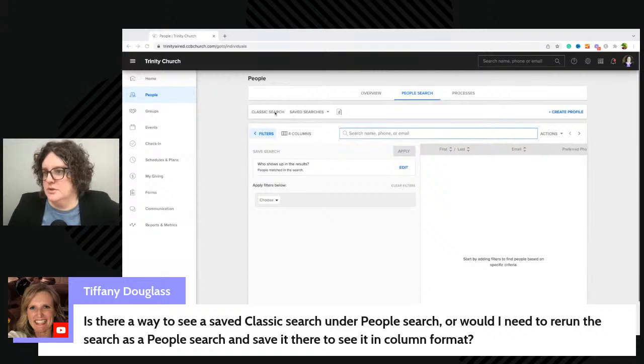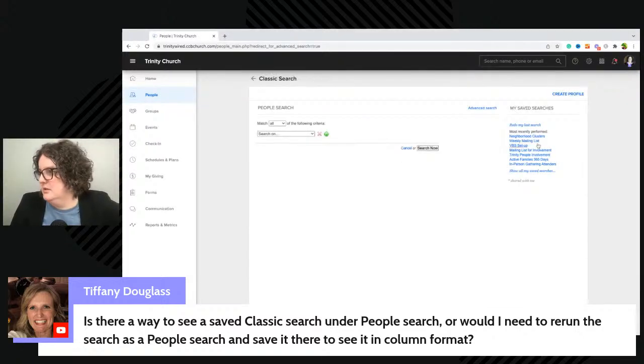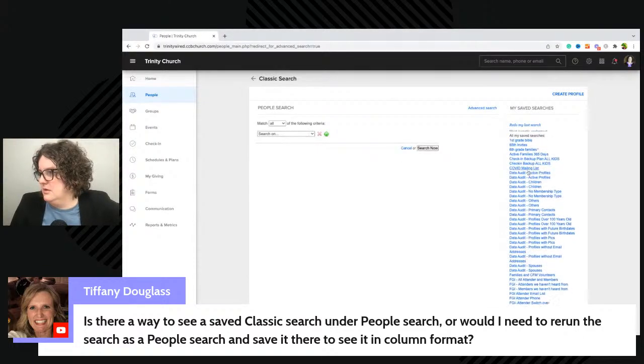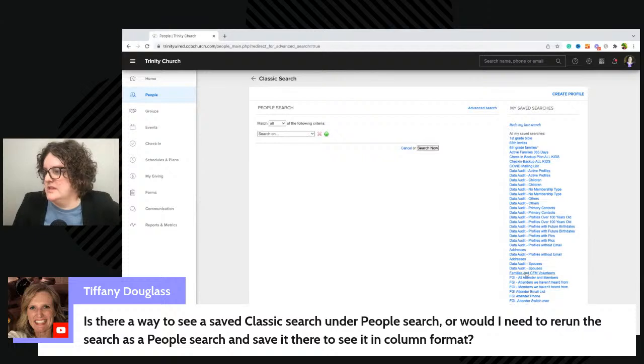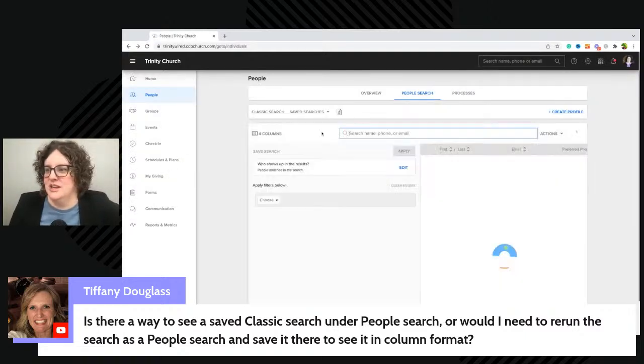So if you have one of these, in here, you do have to recreate it. They have said that they are going to be migrating all of the classic searches over to the new people search, but that was a couple years ago. So you do have to, unfortunately, recreate to get those columns.